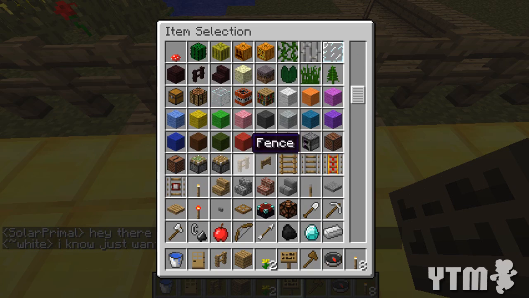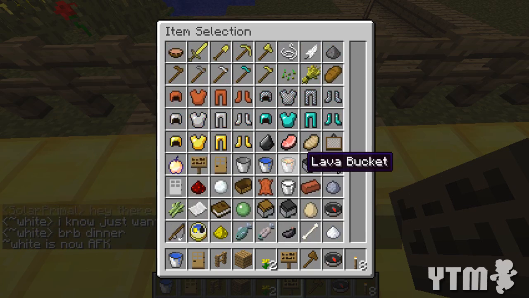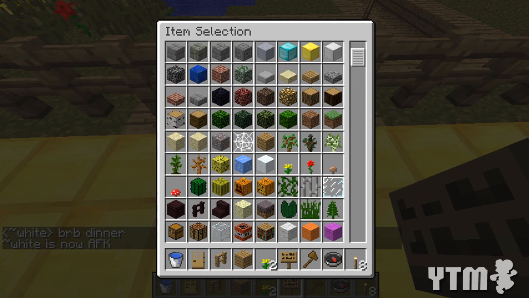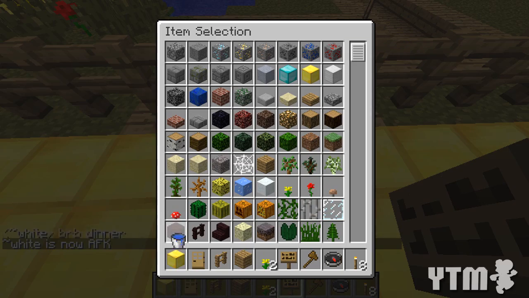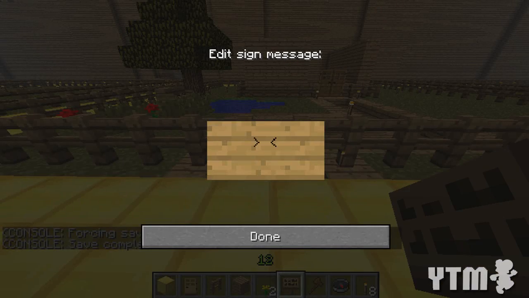Oh, Minecraft, why you be trolling me? In fact, where is your block? Where is it? Oh, of course it's at the top. The one place I don't check. Okay. Place it down. It's going to be like Yoshi's